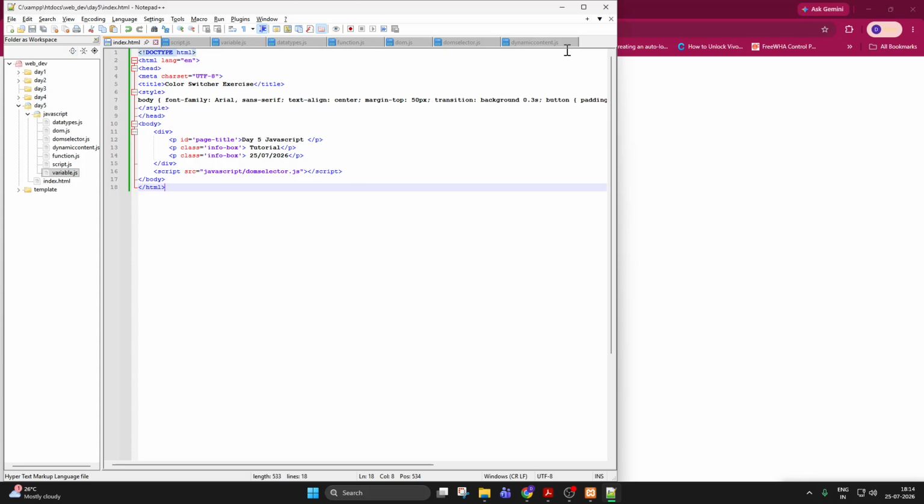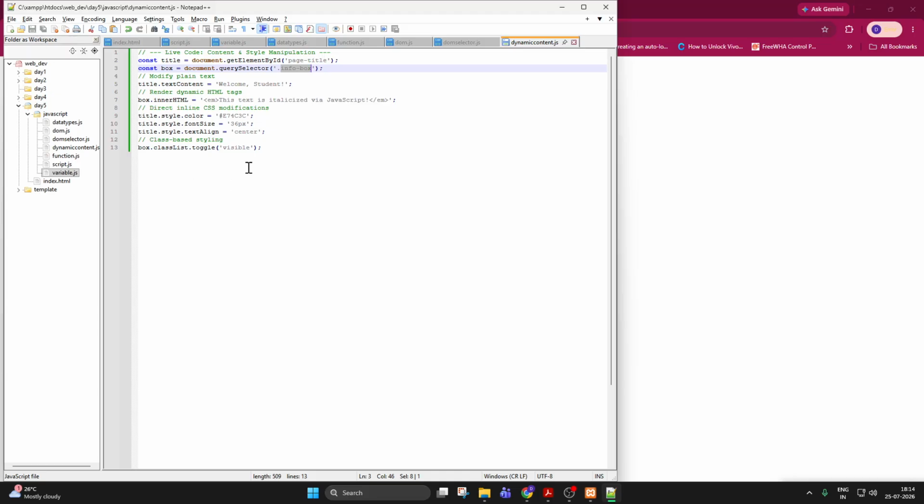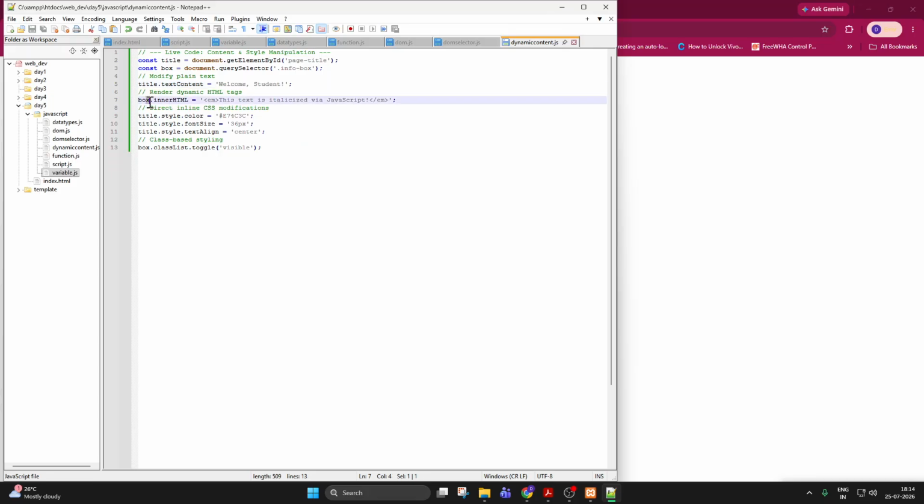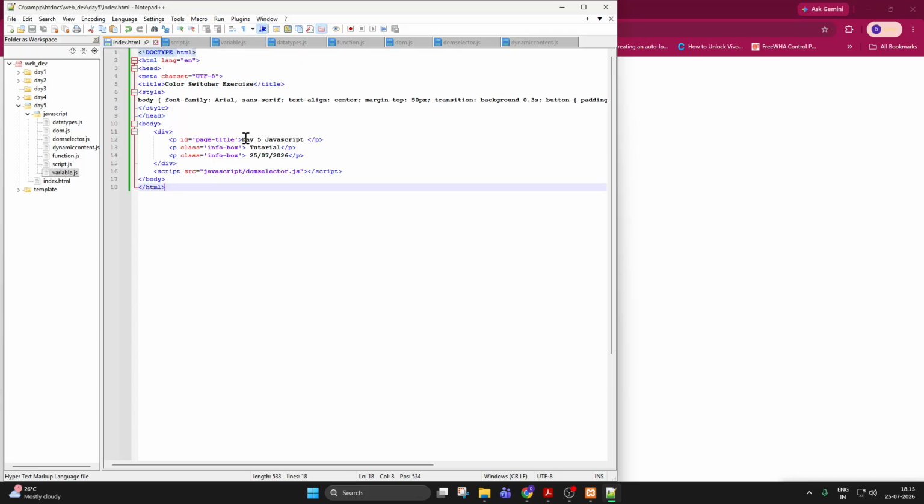Refresh the web browser, dynamic content, I have already refreshed it. Then title.text content is welcome student. I have to update the same in JavaScript. Okay, leave it. Then inner HTML content should be, this is italicized by JavaScript, or you have to delete all these contents, like we have